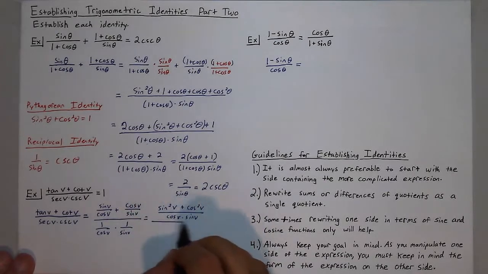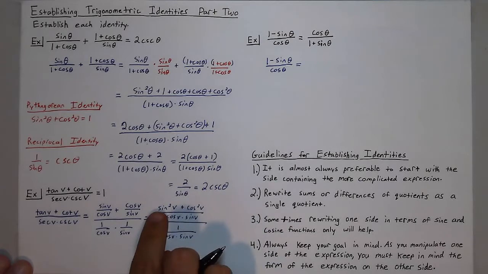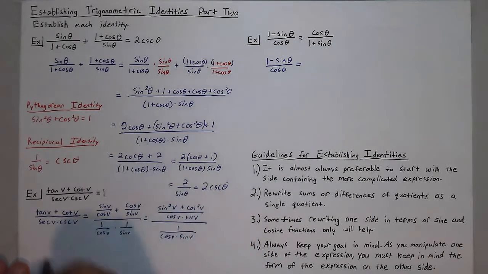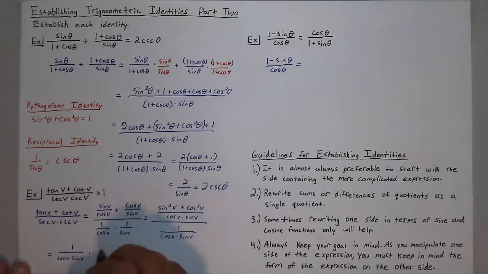And this is all over 1 over cosine of v times sine of v. And now that numerator, sine squared of v plus cosine squared of v, can be simplified down to 1. So now I have 1 over cosine v times sine of v. That's the numerator. And then I'm dividing by this fraction in the denominator, so I can multiply by the reciprocal